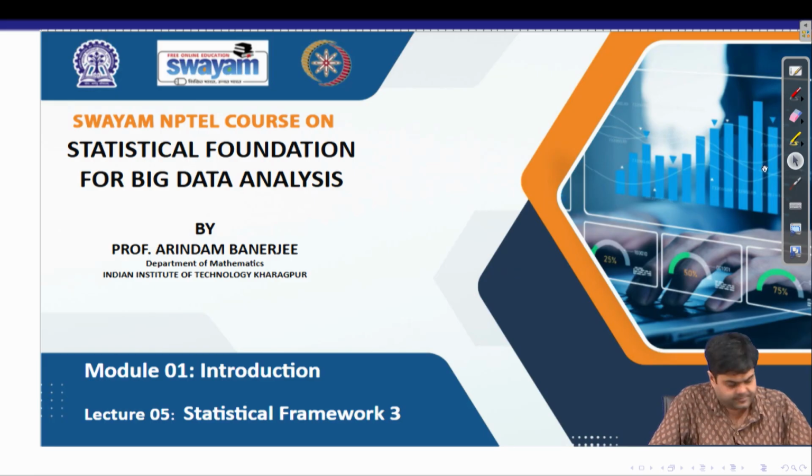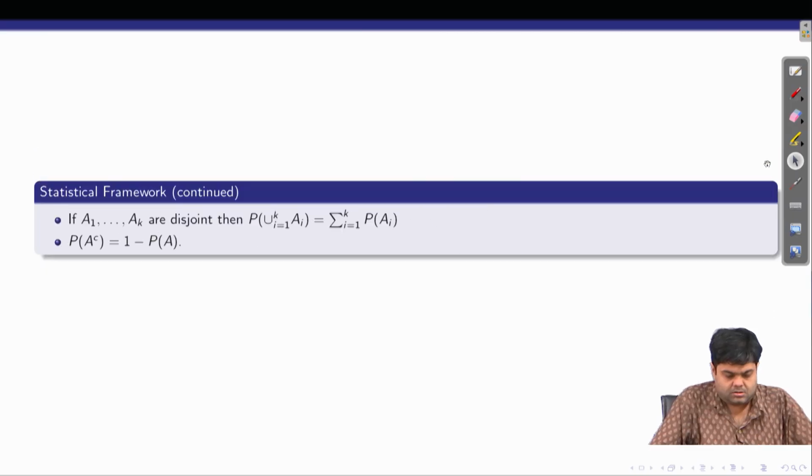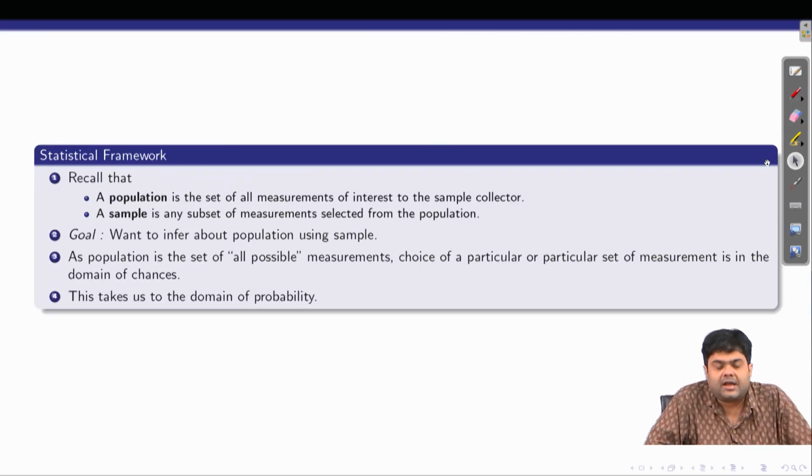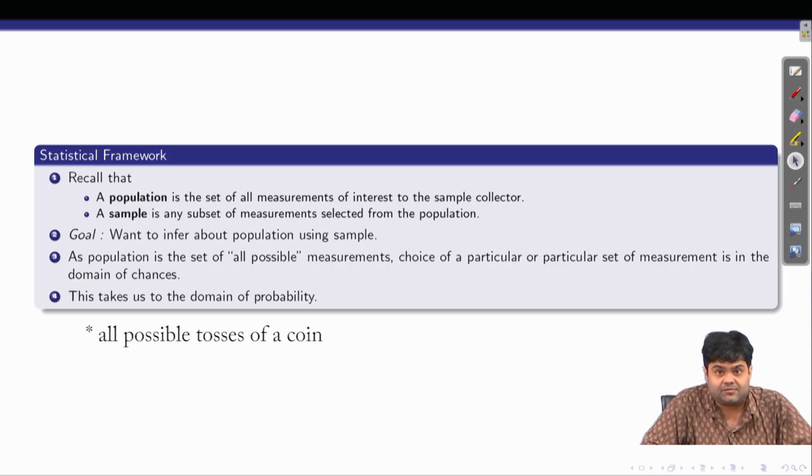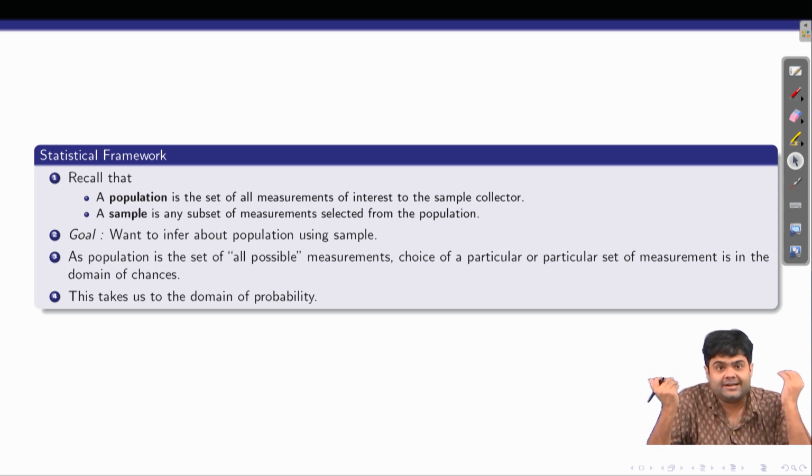Let's recall this. A population is a set of all measurements of interest, and the sample, the collected sample, is a subset of the population. What we explained in the coin tossing example is that the population is the result of all possible tosses in the past, present and future, all possible tosses of a coin. The sample is just a bunch of tosses that you have observed, a finite number of tosses. So you want to conclude about the population in terms of the sample. We want to infer about the population using the sample,